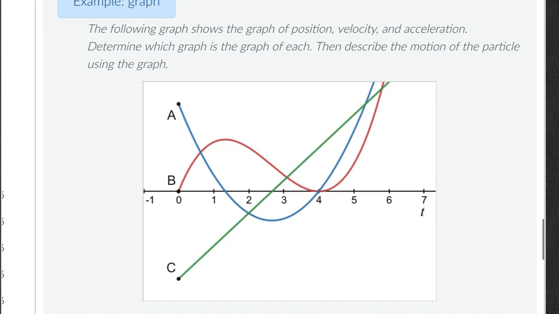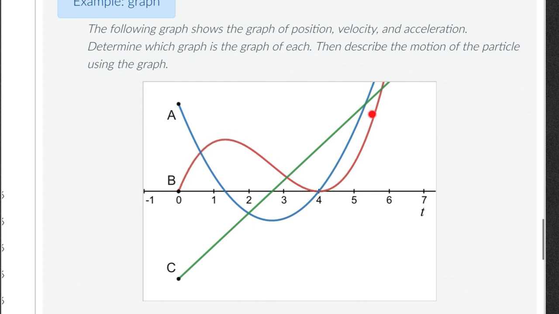The following graph shows the graph of the position, velocity, and the acceleration. We don't know which one is which, but determine which graph is the graph of each, and then describe the motion of the particle using the graph. First, we notice that there is a straight line, there is what looks like a parabola, and there is what